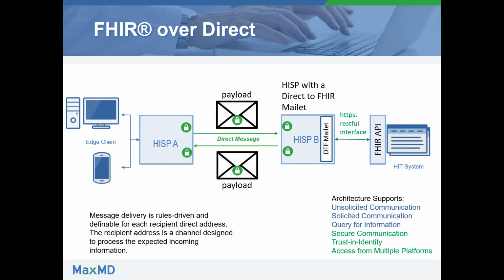So, as part of our initiative to innovate on Direct, we wanted to take advantage of the LOA 3 identity available with patient Direct addresses. And so we said, well, how could a patient retrieve their own medical records from a FHIR API via Direct? Well, we've registered them at an LOA 3 level. We know who they are. Why not push out a payload, which is a FHIR query, and a second payload on the same message, which is an identity record for the patient, send it to another HISP, where the HISP has a Direct address,